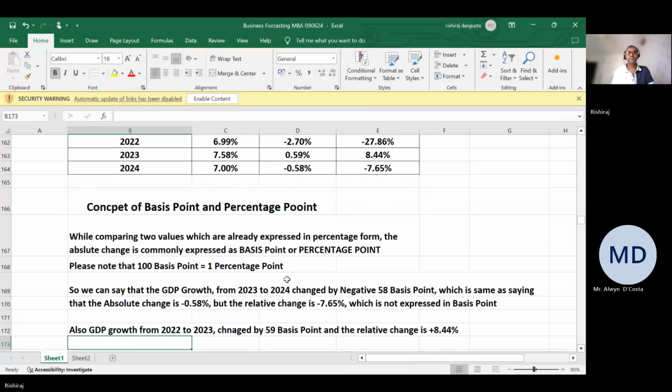So we stop here today. I just revise whatever we have discussed. We briefly discussed in a PowerPoint slide what is business forecasting, how it is defined, and what are the common methods, both qualitative and quantitative methods. Also outlined your syllabus, what is there, what is not there, and then we moved on